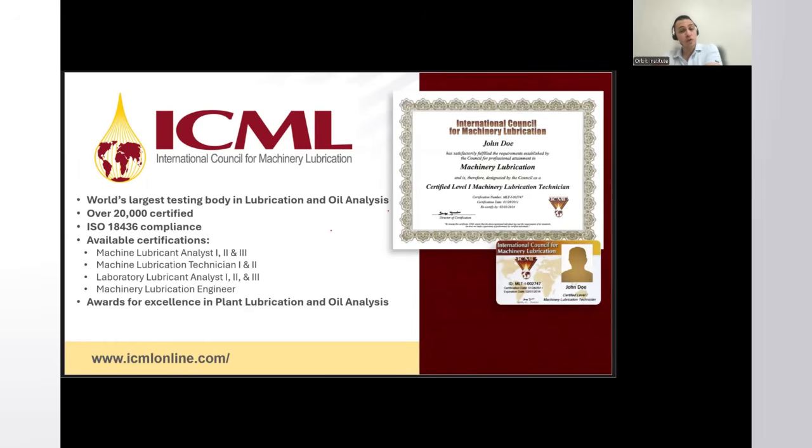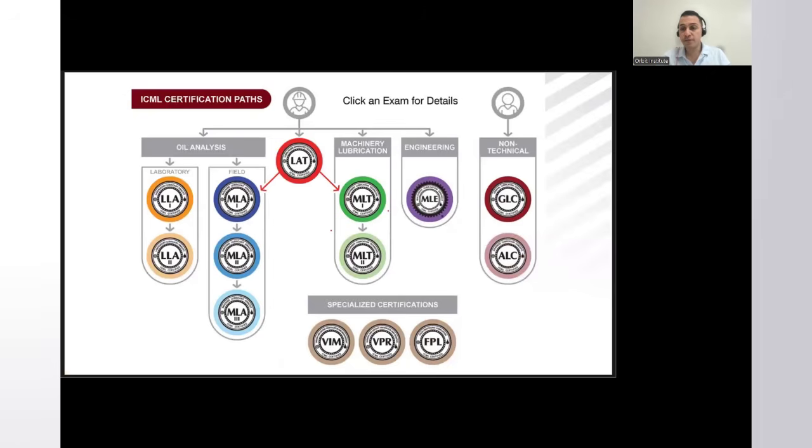Okay, I'm going to talk about the certification paths, or the different types of certifications that the ICML can accredit you. So the ICML certification path here, as you can see on this map,